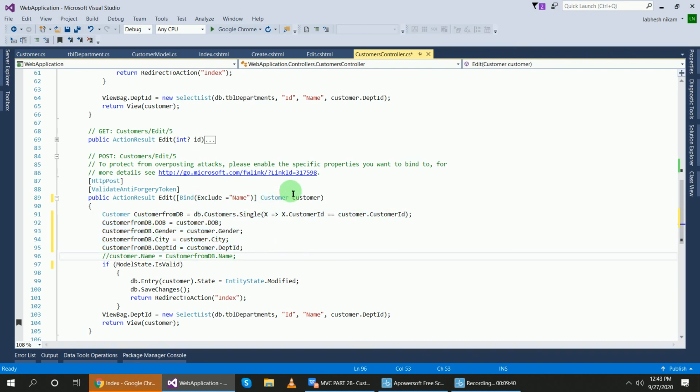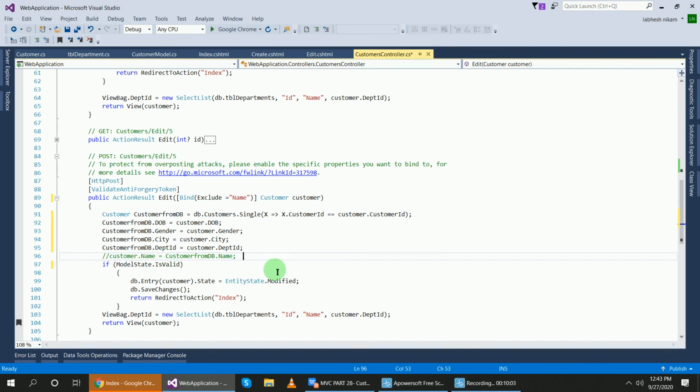Using this customer object we will create another object, passing in db.customer.single id and matching it with this customer object's id. Using that object I will pass date of birth, gender, city, and department ID.